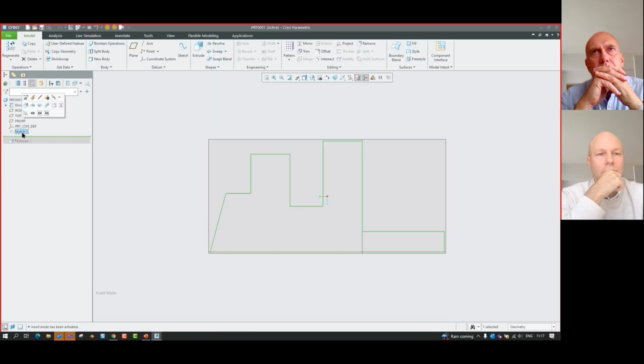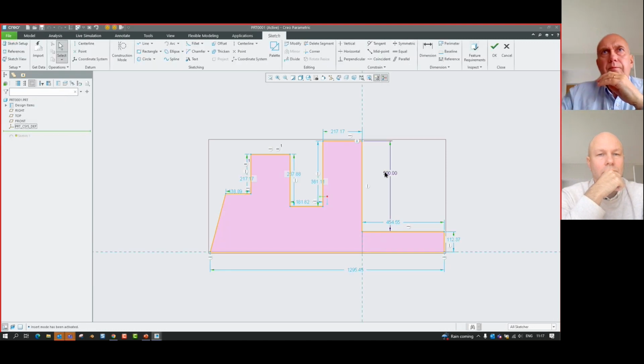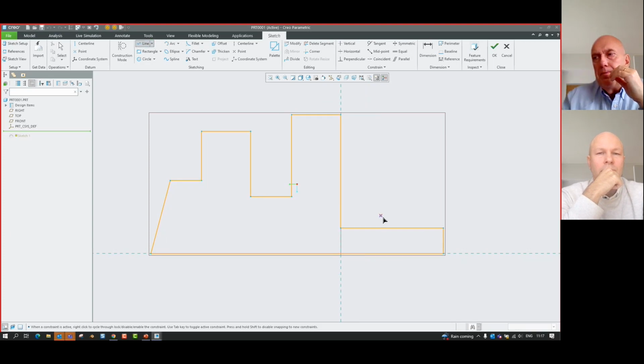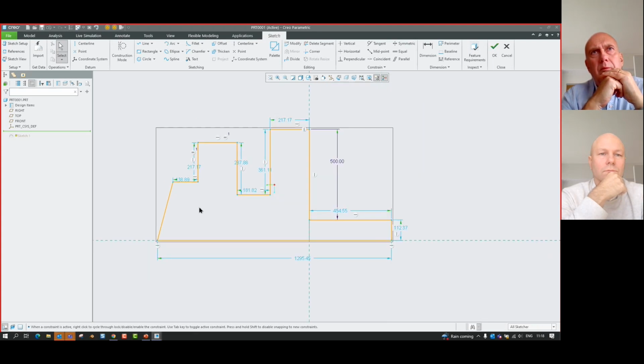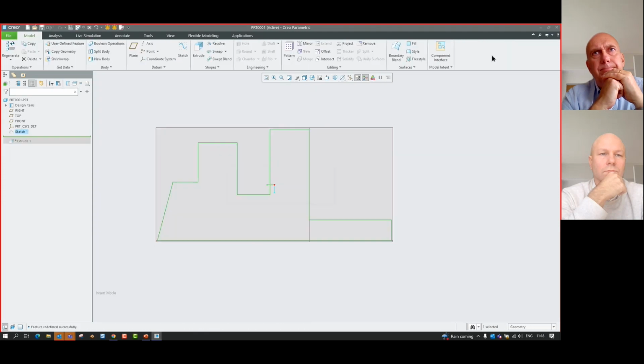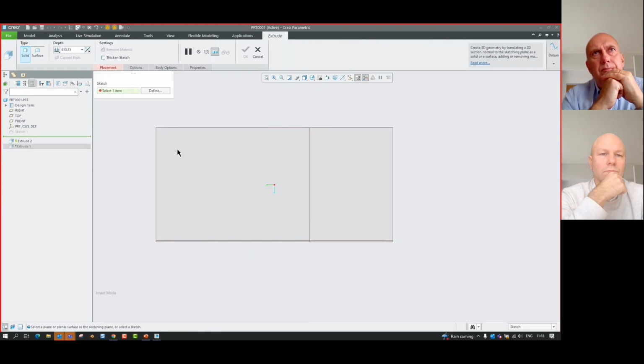So let's say I'll take a look at this sketch here. This sketch isn't particularly complex, but in this case, I'll just add some sort of overlapping geometry. So let's say that I've got a bit of overlapping geometry here. So I'm just going to add another line, and this can happen very easily when working with complex sketches. And you can see that this sketch is now incomplete because I don't have this cross-sectional area being highlighted by that pinkish sort of shaded hue. So now I cannot reference this sketch for any sort of geometry creation feature like this extrude.